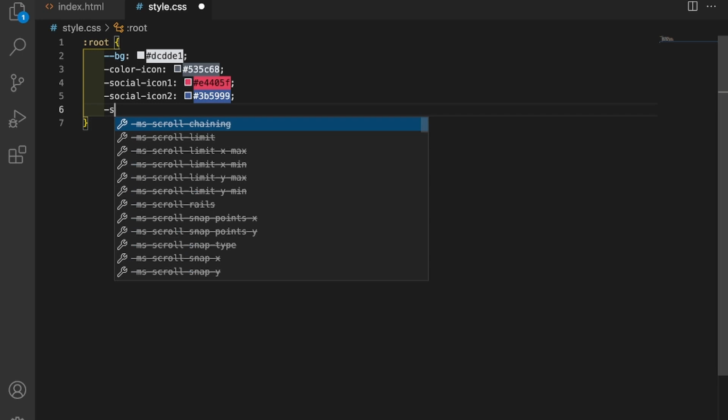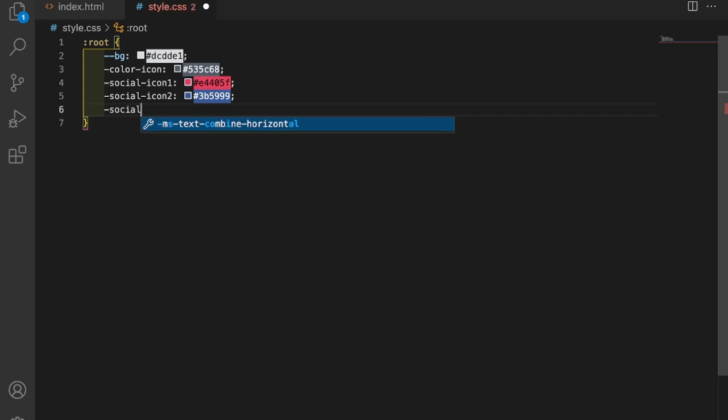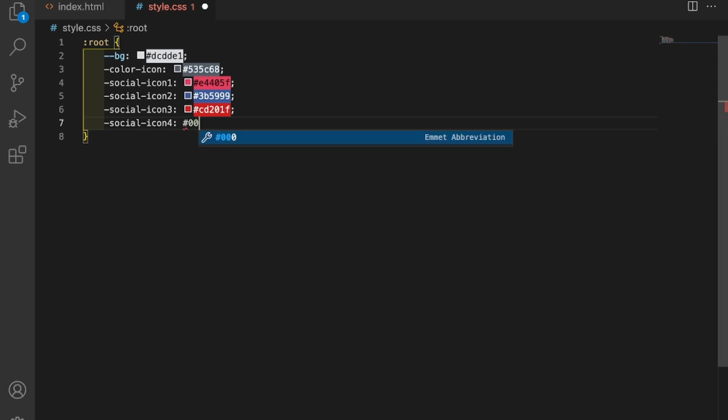Okay, great. And the third social media icon is for YouTube. So here I will write the color code for YouTube. And at last icon 4, here I will define the color code for LinkedIn. So here I will write 0077B5, and that's it. And now let's start the main code.